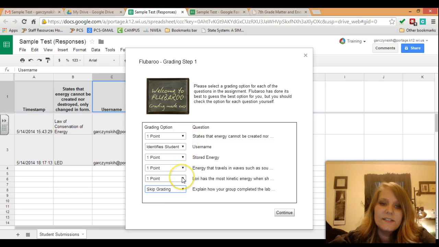So now all of the multiple choice and the matching ones that I had entered in the last tutorial are each worth 1 point. And again, I can change that if I want to, but I have made it so that's the case. Then if I continue,